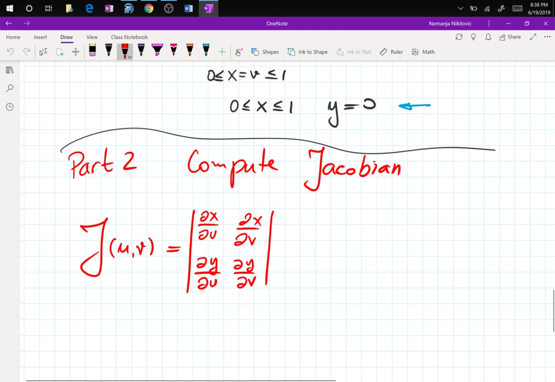And then you compute the determinant, which is partial x, partial u, partial y, partial v, minus partial y, partial u, partial x, partial v. Sometimes this will be a number, sometimes it's going to be a function. And this is the part that transforms your